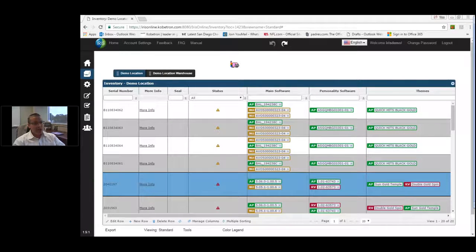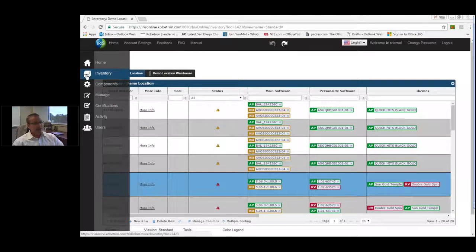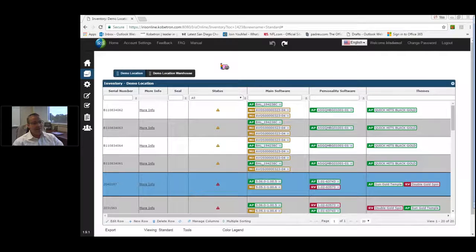The main page that you see on the screen right now is the inventory page. This is the main page that you would use for managing your floor. There's a little menu on the left side here, and it's the second one down where it shows inventory, and this is every machine that you have on your floor and then all the software that is inside that machine. What you can see is colored links that are actually tied to our backend database